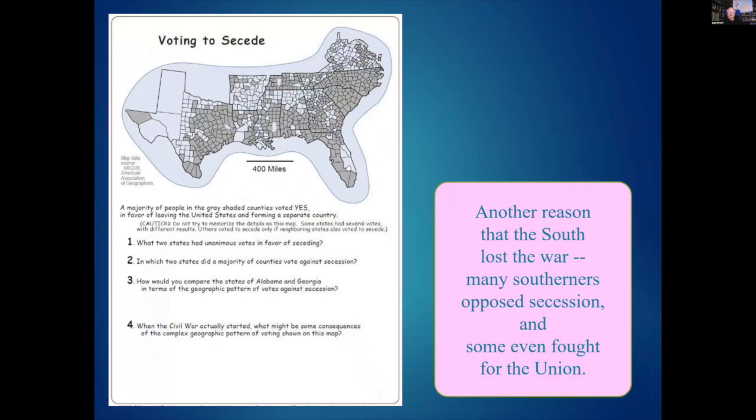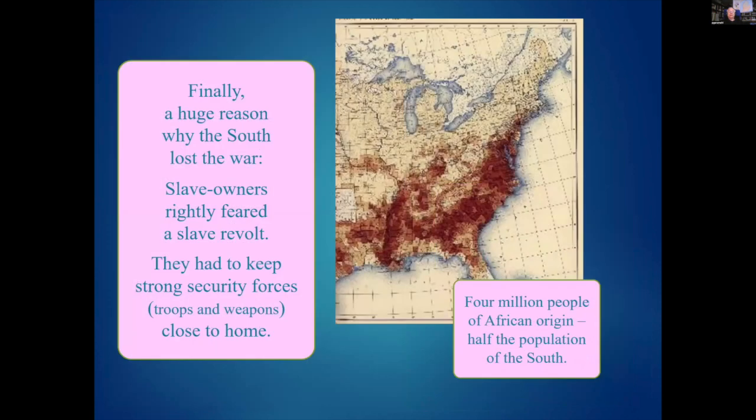Last time we gave you this map just right at the end and said, reason number 5 the South lost the war is that inside of nearly every state of the South, there were guerrilla armies that were fighting on the side of the Union. And that meant that the South had to keep some of their soldiers at home just to keep their neighbors from attacking them. Which leads to the 6th reason, and probably the most important reason, is that Southern slave owners